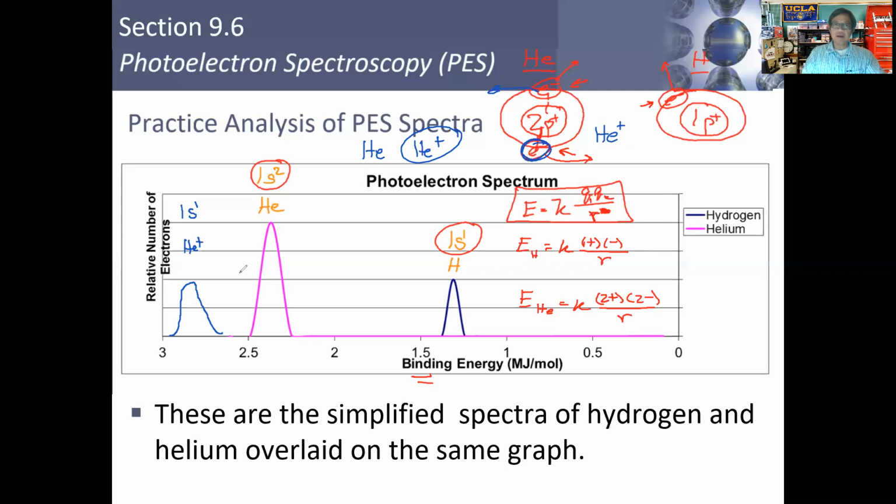Make sure you keep that in mind, that if we had a helium cation, that one remaining electron, the peak that represents it, would be shifted further upfield, representing more energy, because you're losing that repulsion. There is repulsion here that, if you want to think about it, helps push one of these out. You've got the attraction between the electrons and the protons, but these electrons are also repelling each other, trying to push each other out. That repulsive energy will help lower the binding energy, the ionization energy, for the two electrons here. All right, so with that said,